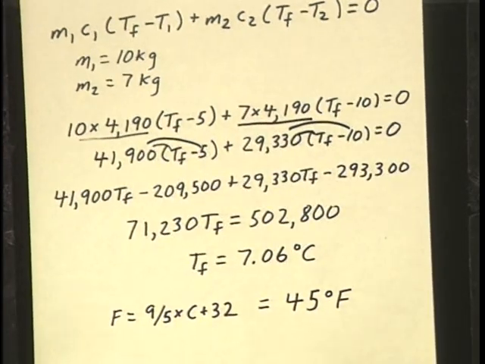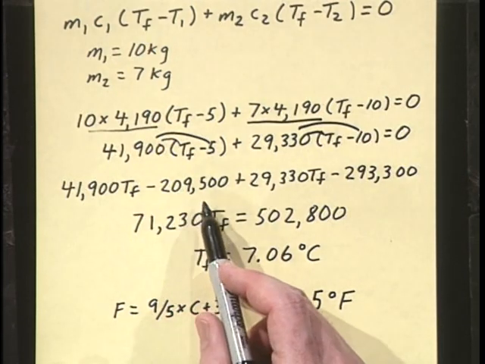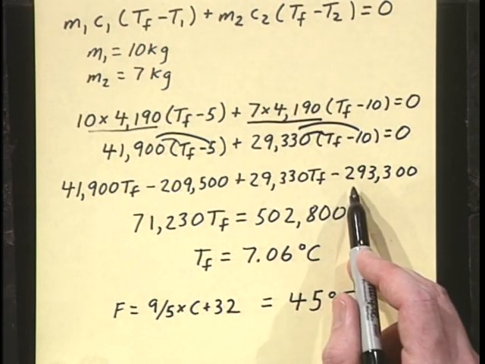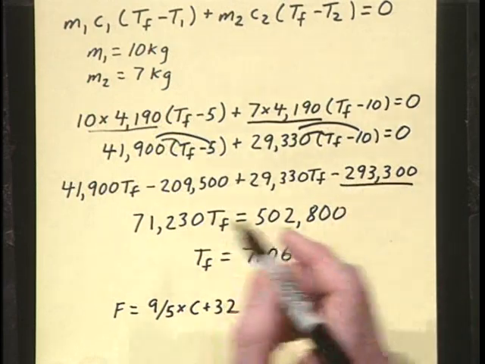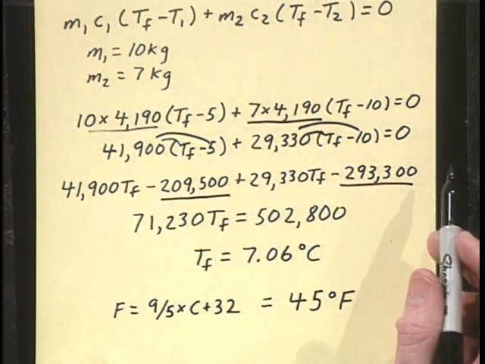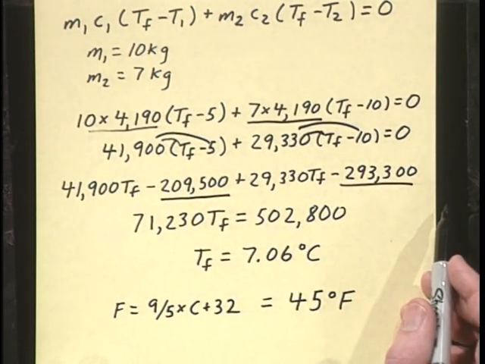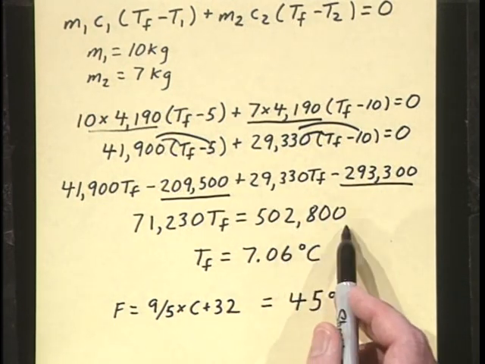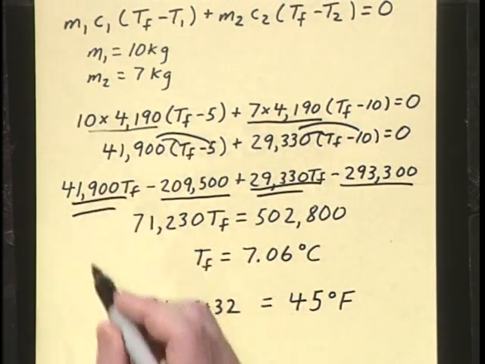to each of the terms in the parentheses. And once we do that, we'll have 41,900 TF minus 209,500 plus 29,330 TF minus 293,300. And we're going to group the like terms. We have 2 terms that are just numbers. We're going to put those on the right side of this equal sign. So they're negative here, but they'll become positive. And when those are added together, that'll be 502,800. We'll add the TF terms together. That produces